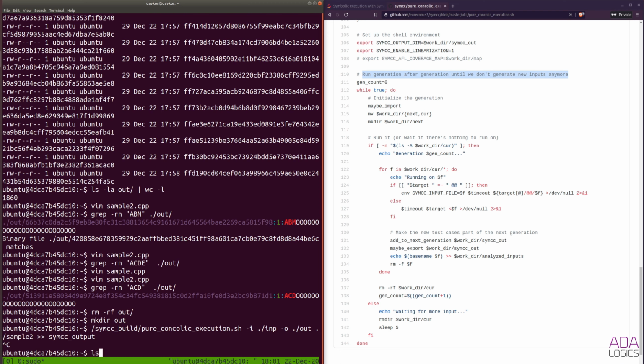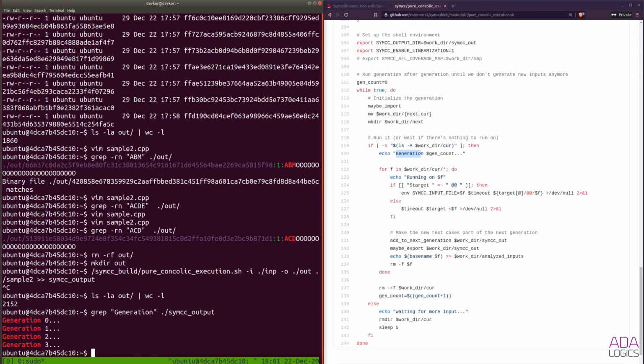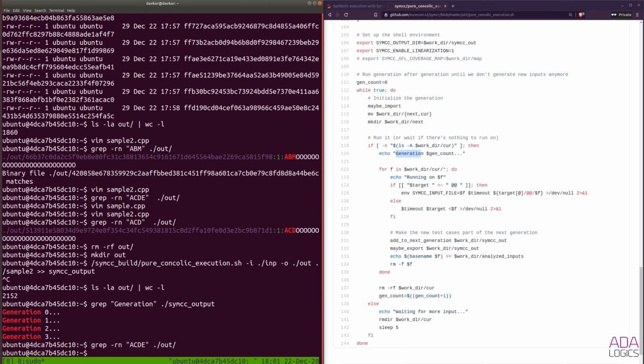Okay, so we now ran it for a while, and let's see how many files we generated. So now we generated 2,100 seeds, and let's grep for generation, because it will tell us how many generations it achieved. It's in SymCC output, and we actually only came to generation 3. So let's see if we have a file. We don't. Let me just try and execute it again, and now I will execute it for, let's say, 2 minutes, just to verify that we actually can get